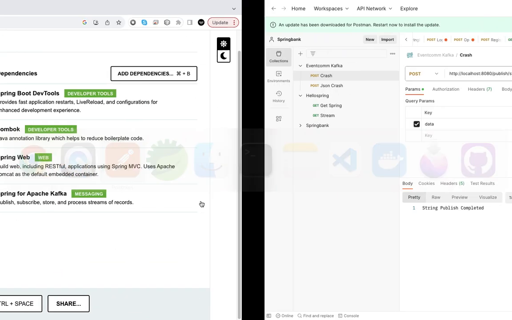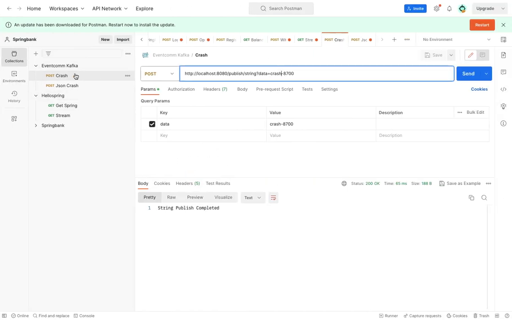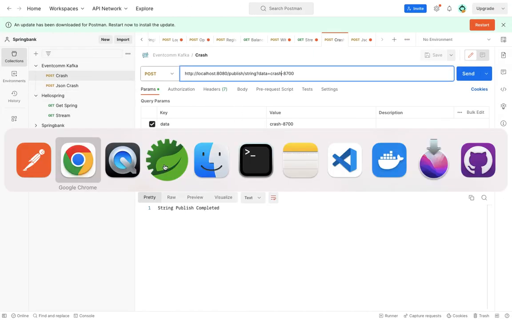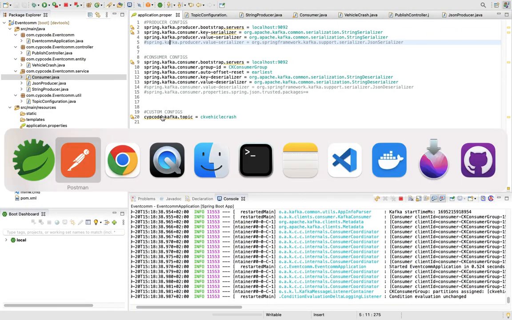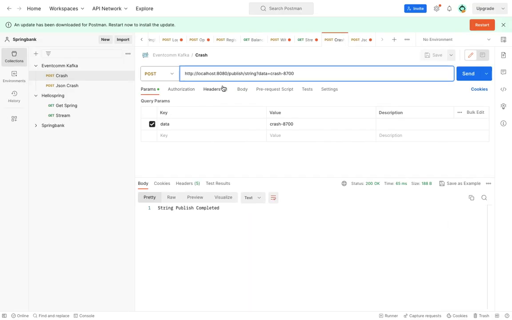So without wasting any of your time, I just want to show you we did set up the project here, so I just want to show you how it is going to run. We're using a vehicle crash scenario. So let's say this crash is crash